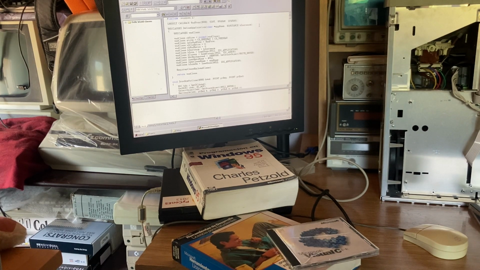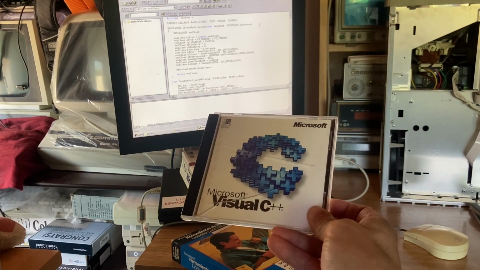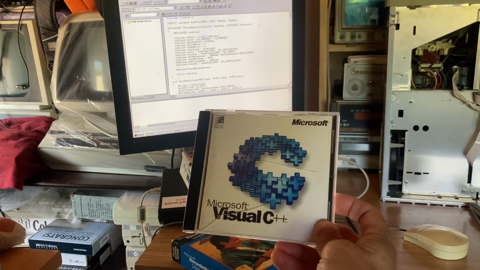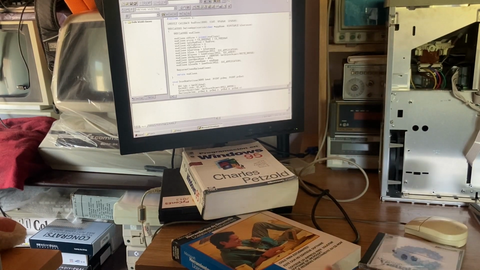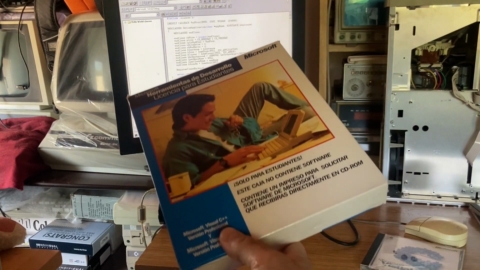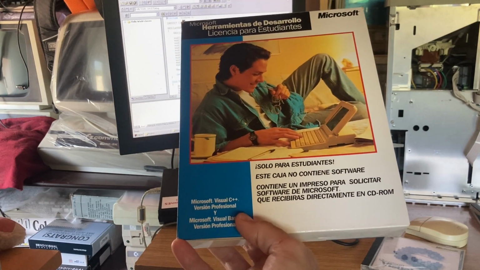Today I talk about my high school days and all the developer tools. When I was young, I started using Microsoft tools, buying the license for students. I remember buying Visual C++ for Windows NT and Windows 95 in 1996. I bought this package only for students that includes Microsoft Visual C++